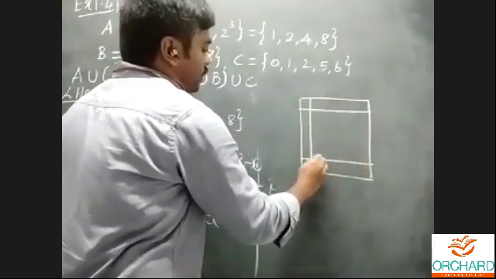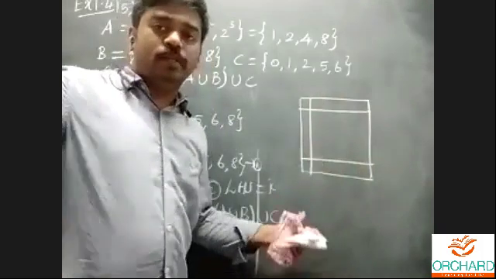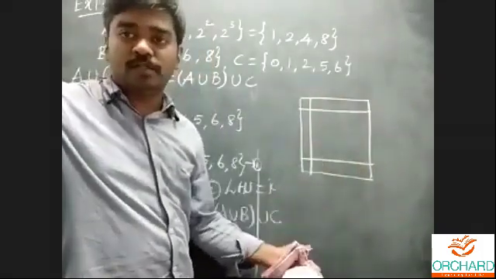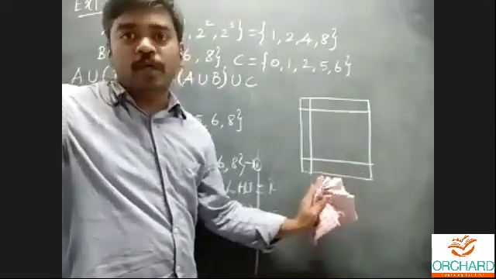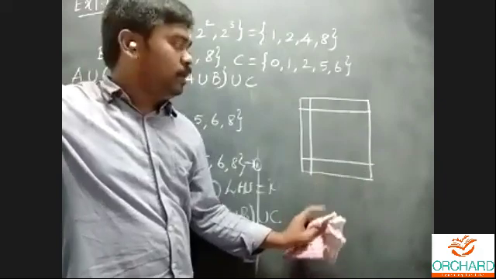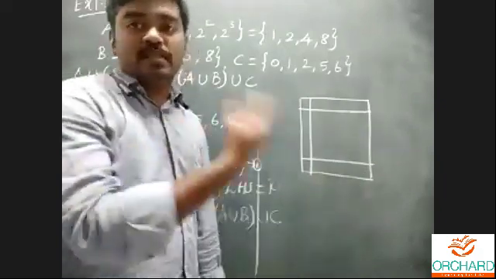We'll do the rough calculation. Suppose it's necessary, you can draw the line and do the rough calculation. Suppose I don't want the rough column, no problem, you can skip it. We are doing the rough column only. Don't do the rough column on the right side of your paper.